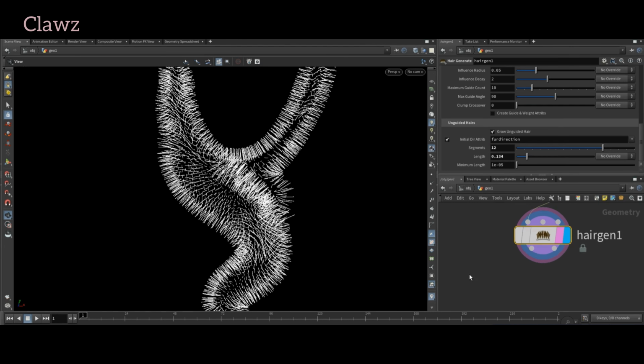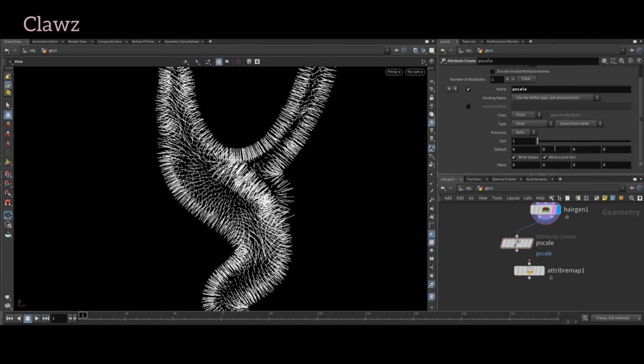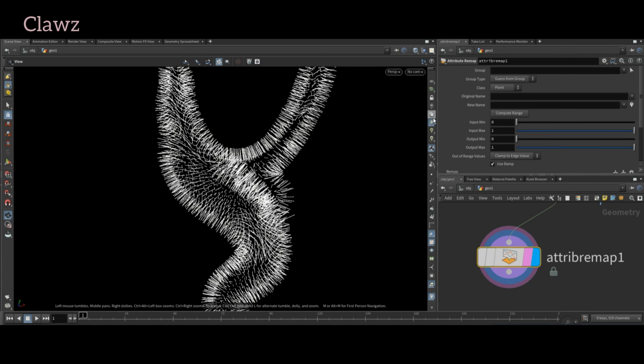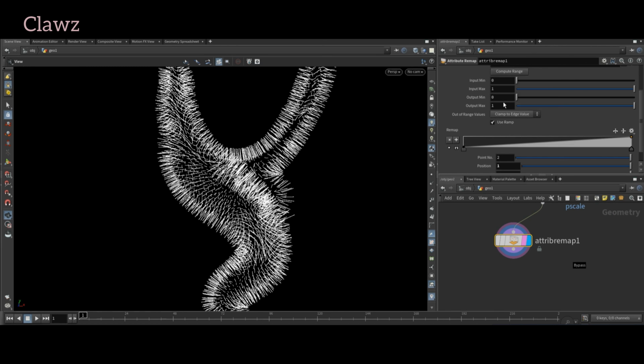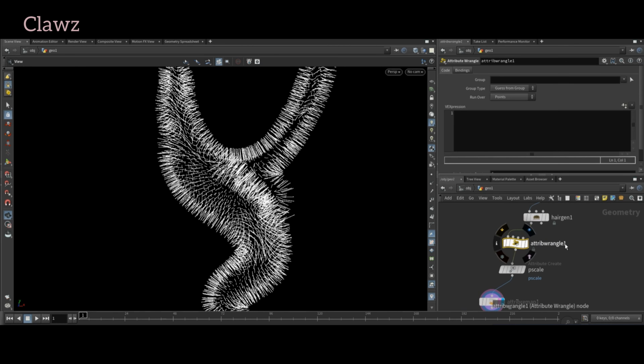To set the scaling we are using attribute remap and attribute create. In the attribute create node, the attribute name will be pscale, and give some value. After that, just connect our remap node. Here the origin name will be our pscale. Set the minimum and maximum according to your effects. Next, take a wrangler after the hairgen,